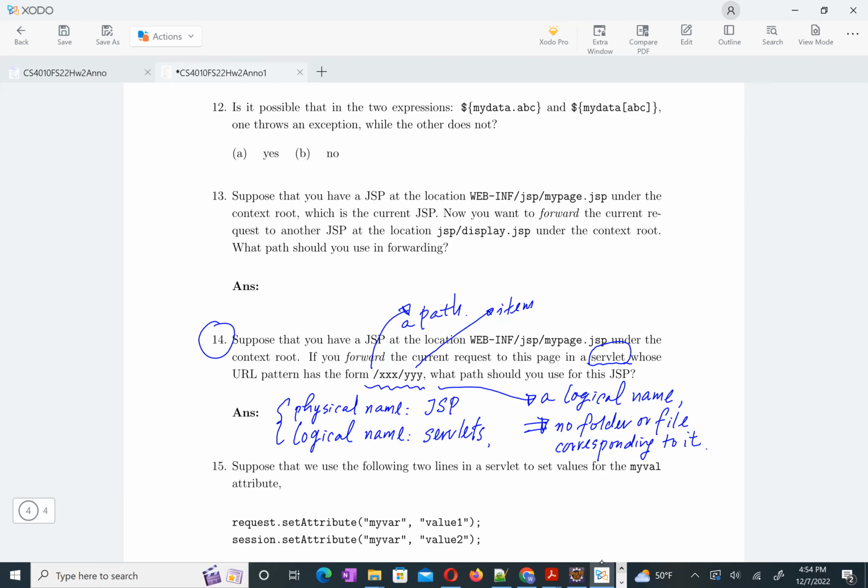There is some uncertainty. Because although here we have this, how do you know another servlet? How do you know